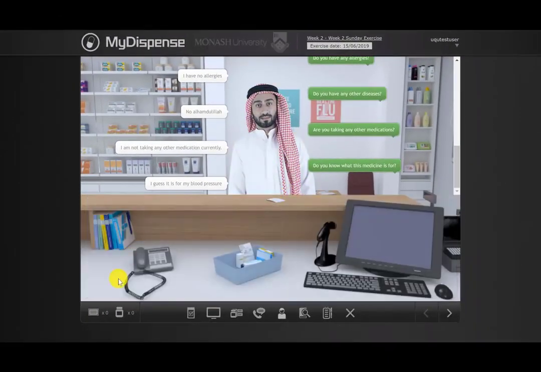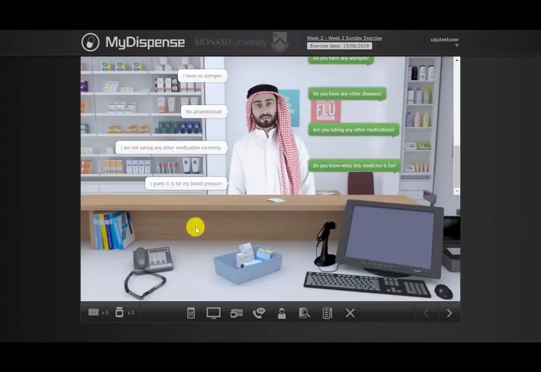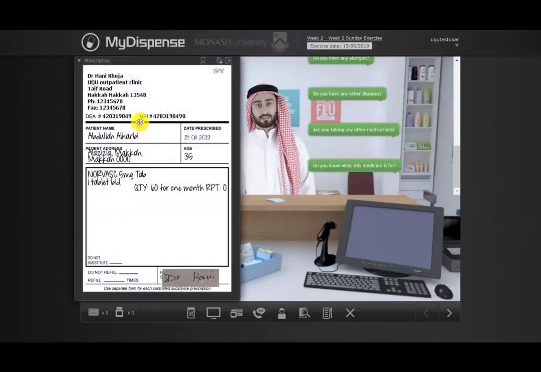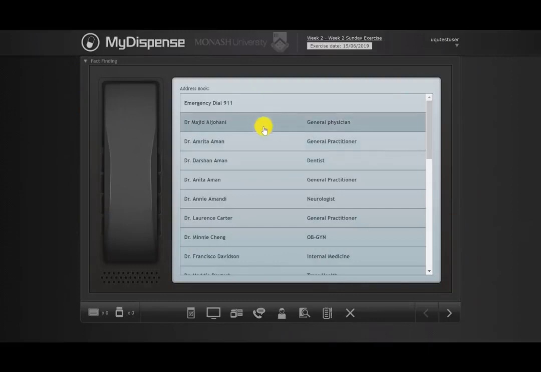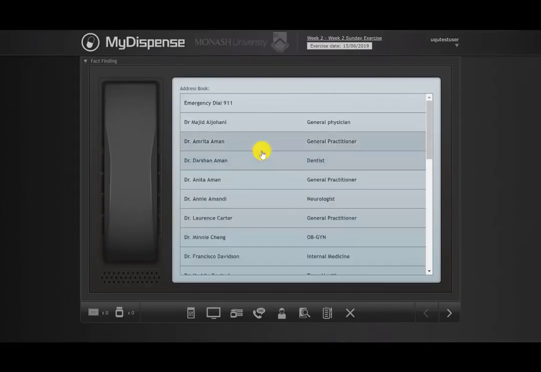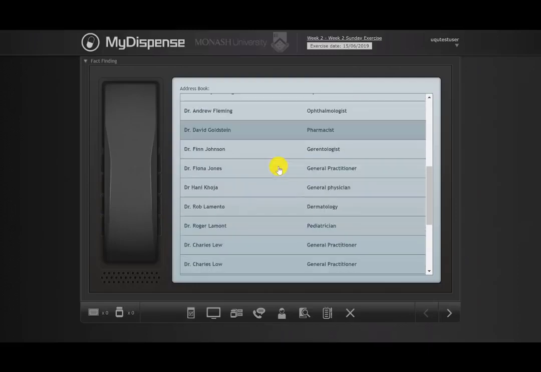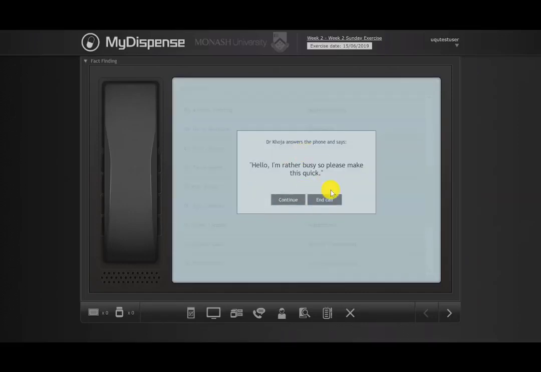You can close this conversation with the patient, pick up the phone, and try contacting the doctor. I forgot the name of the doctor. The name of the doctor was Dr. Hani, and you can see he's got his signature here as well. So let's just minimize this prescription, pick up the phone, and you will see that the doctors are listed here. I will see if Dr. Hani is in the list. Yes, Dr. Hani Khoja is here, and if you click on that, straight away the doctor picks up the phone